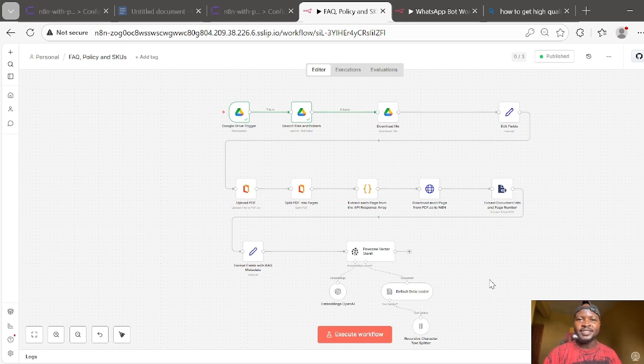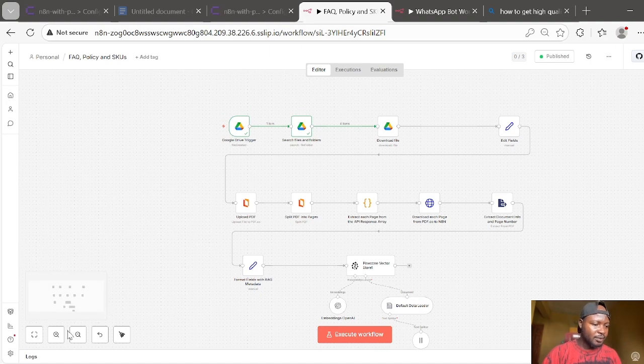Hi, I built a simple RAG powered WhatsApp chatbot. I want to quickly show you how it works. Okay, so first